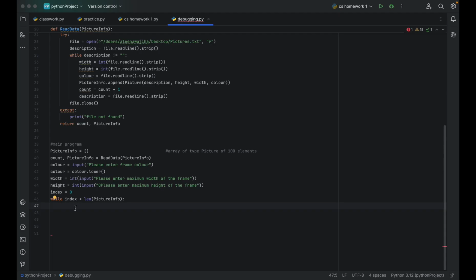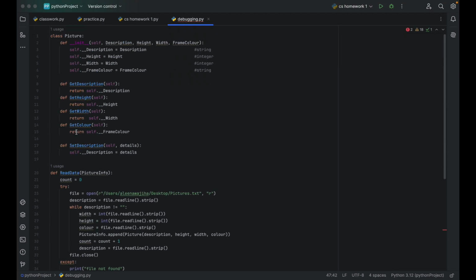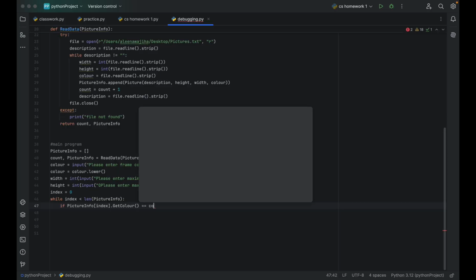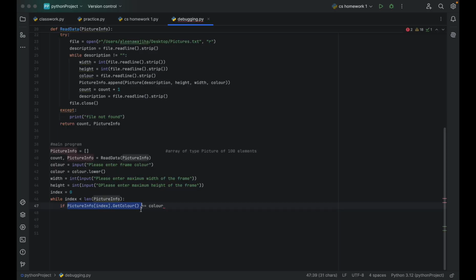सही है. Now what we're gonna do is कि first we're gonna check the color. Okay, because color same होगा तो फिर हम width height पे जाएंगे ना, color तो change नहीं हो सकता. तो what we're gonna do is कि we're gonna write कि if picture info के index पे जाओ and get the frame color. I think that was the name of the, no, it was get color. Okay, if that is equal to color,